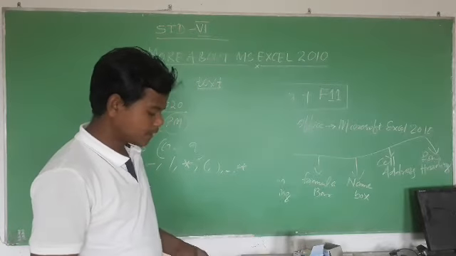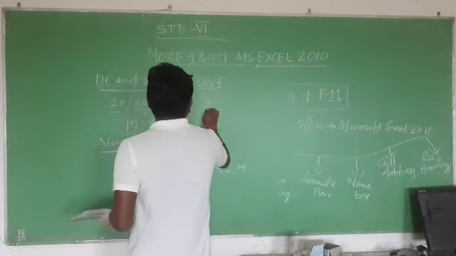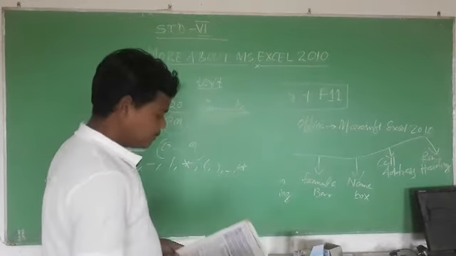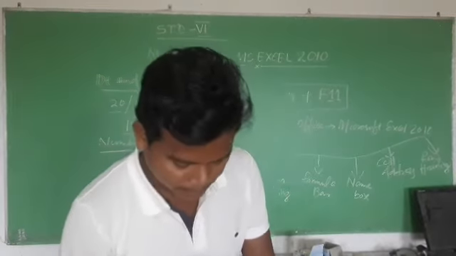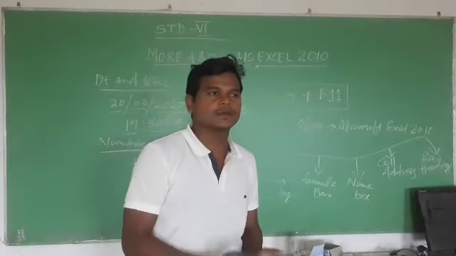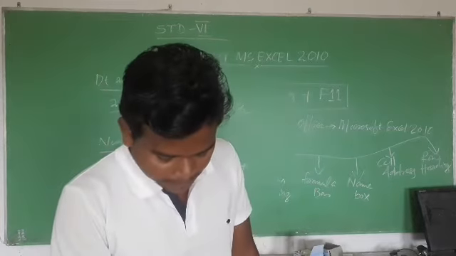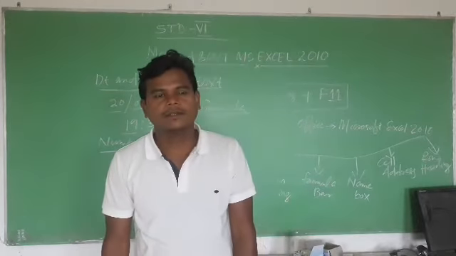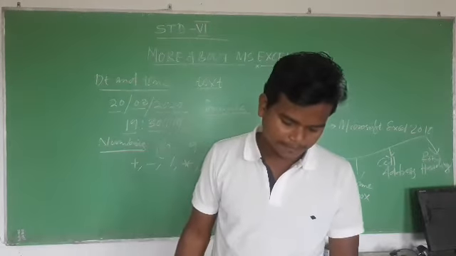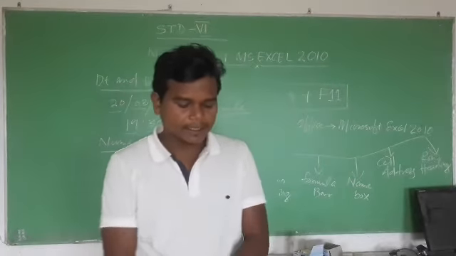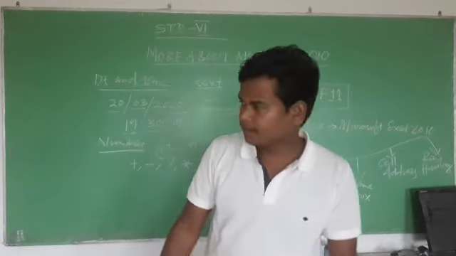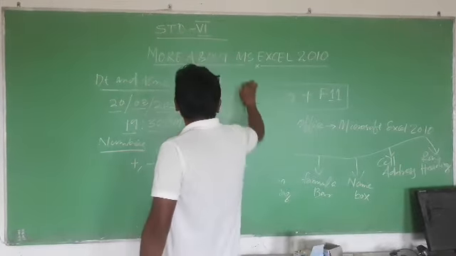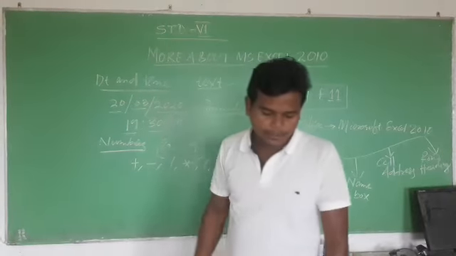Another one is formula. Formula is the combination of numbers, operators and the cell address. It is used to perform calculations on the values stored in a cell or in a range of cells. This is how we enter data in a worksheet. We have 4 types of data we can enter: date and time, number, text and formula, as I told you.